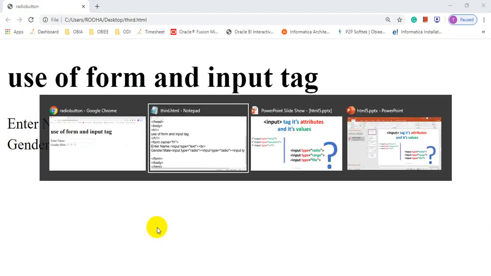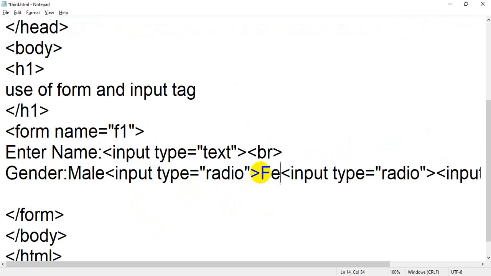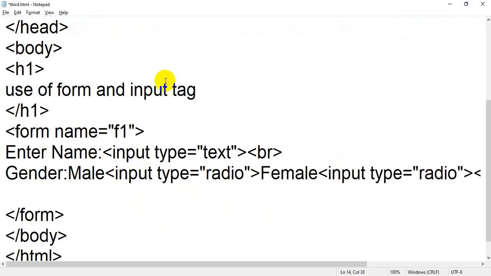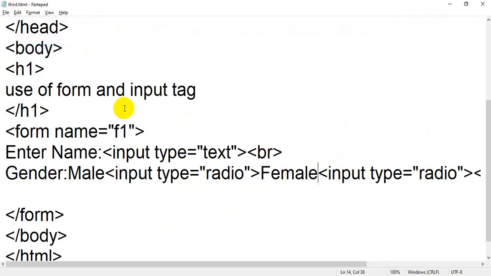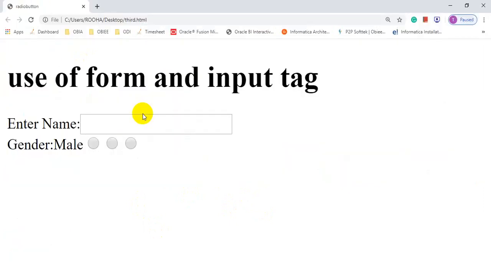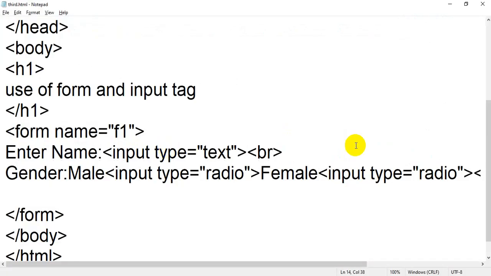Again flip back to your application file. Here I am going to add female. Again see the output: save the file, flip back to the browser, and refresh the page, so you will get female before this radio button. And before this radio button I am going to add one more type of gender, that is,